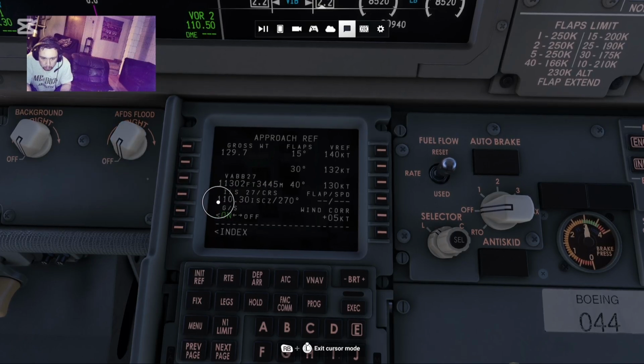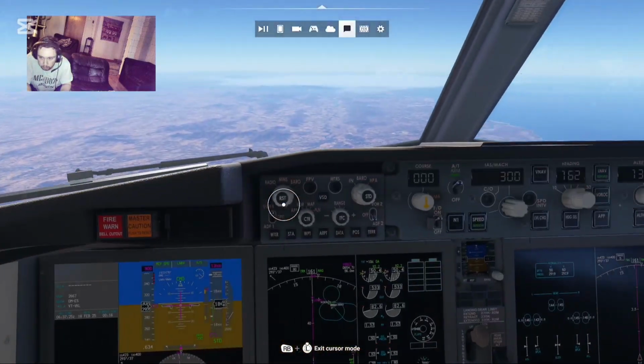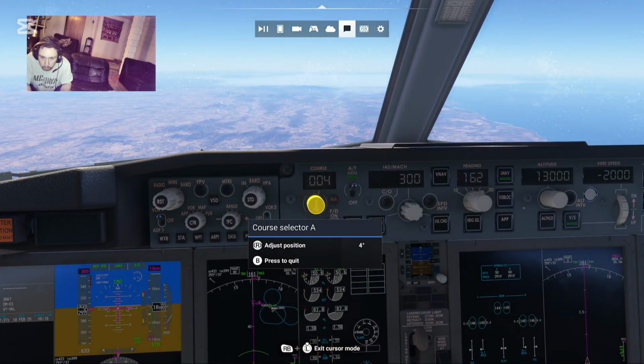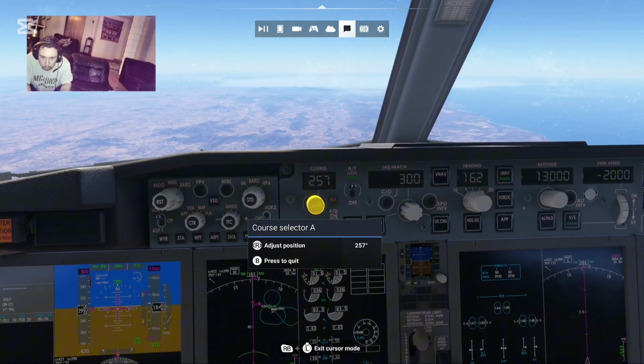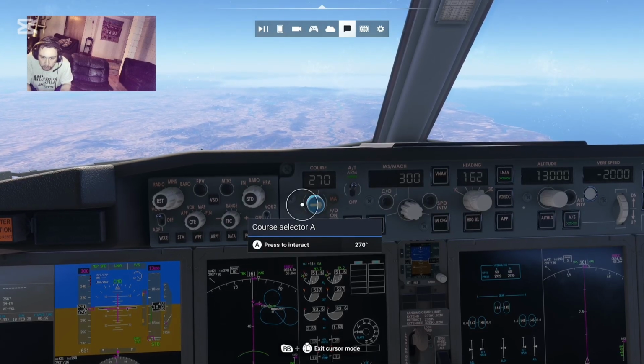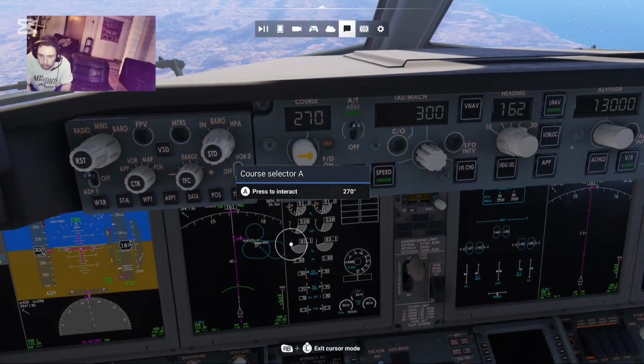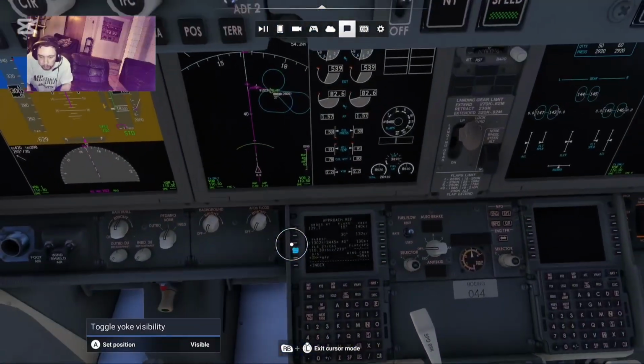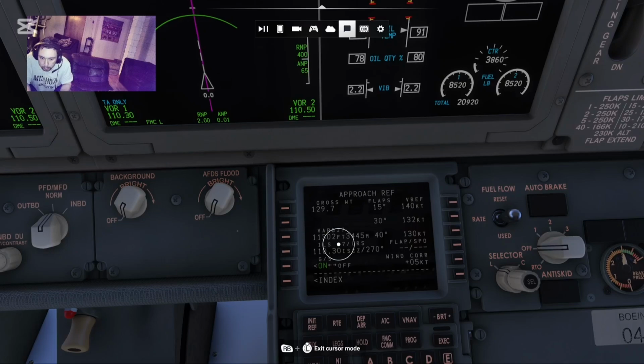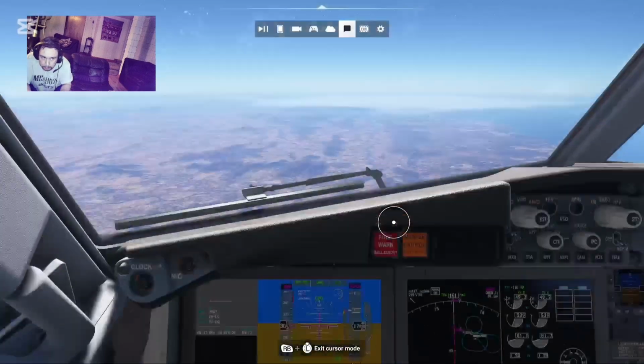We have the ILS frequency right there, 111.3, and we also have the course, which is 270, which we're going to set up here. If you don't set up the course, it's not that important. It's more of a visual aid than anything. But yeah, so now course set to 270, and you have your runway information here. So we have an 11,000 foot runway, very long runway. We're going to put in our landing speeds, get that set,